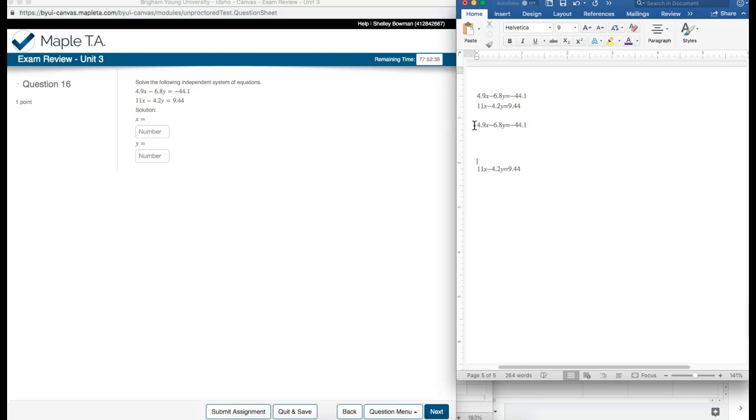Which means to get rid of them, I only need to multiply everything here by 10. A 1 and a 0 will be sufficient to move the decimal place on all of those. Using the distributive property, multiplying that in moves the decimal over on each of these, which makes it 49, 68, and 441. I'm going to copy and paste this for the next step, and it just makes it a little faster. So we have 49, 68, and 441. If you're not comfortable doing that, feel free to leave the decimals in there, but as you work through it, use Microsoft Excel